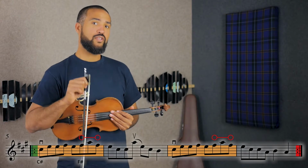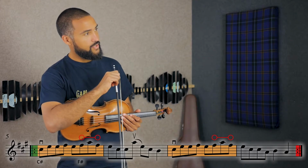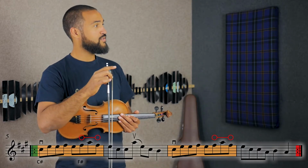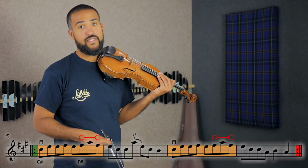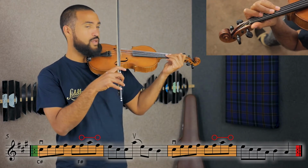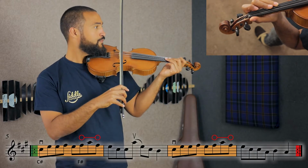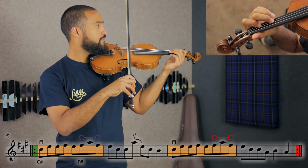So what we're going to do now is I'm going to go through the B part with you with the repeats. So we'll go all the way through the second line to the end, where you can see that bold line with the 2 dots. That's the first repeat sign, and that will take you back to the repeat sign facing the other way on bar 5, at the start of the second line. Okay, so I'm going to give you a count of 4 in. And remember, with those longer crotchet notes, you need to move the bow a little bit slower to get a nice, even tone. So starting on a C sharp, 1, 2, 3, 4, and